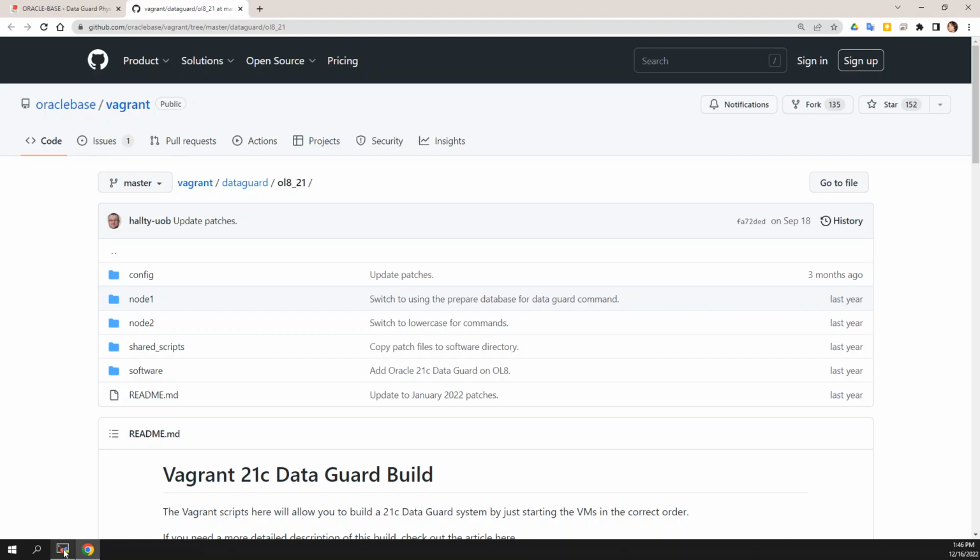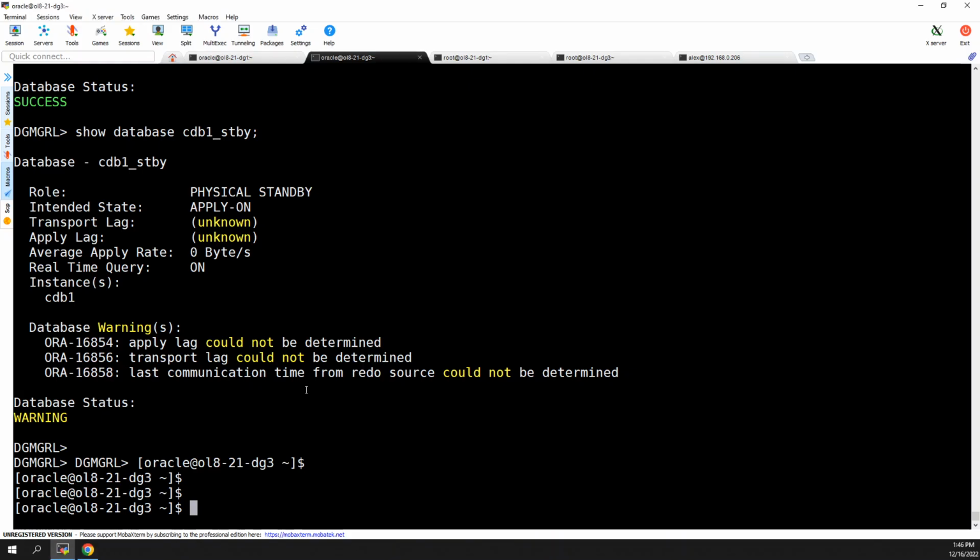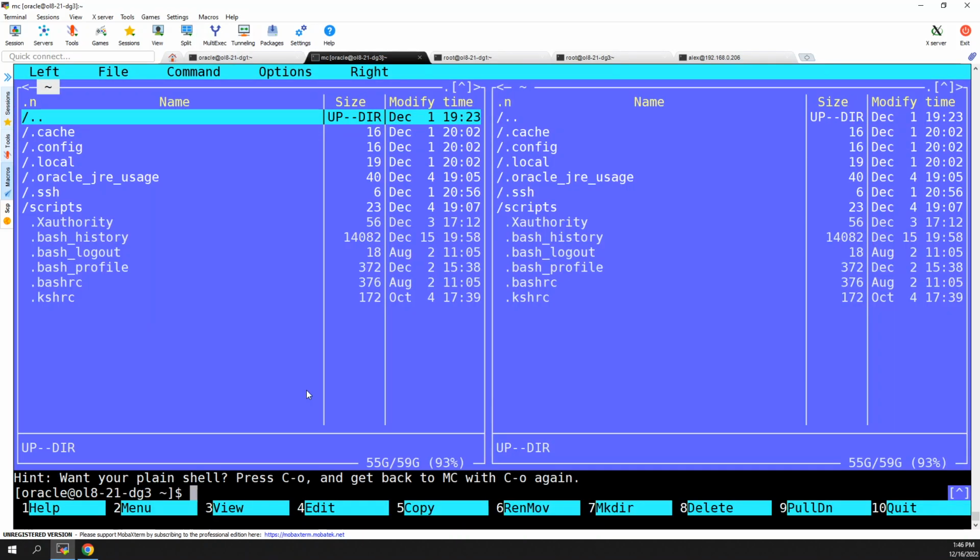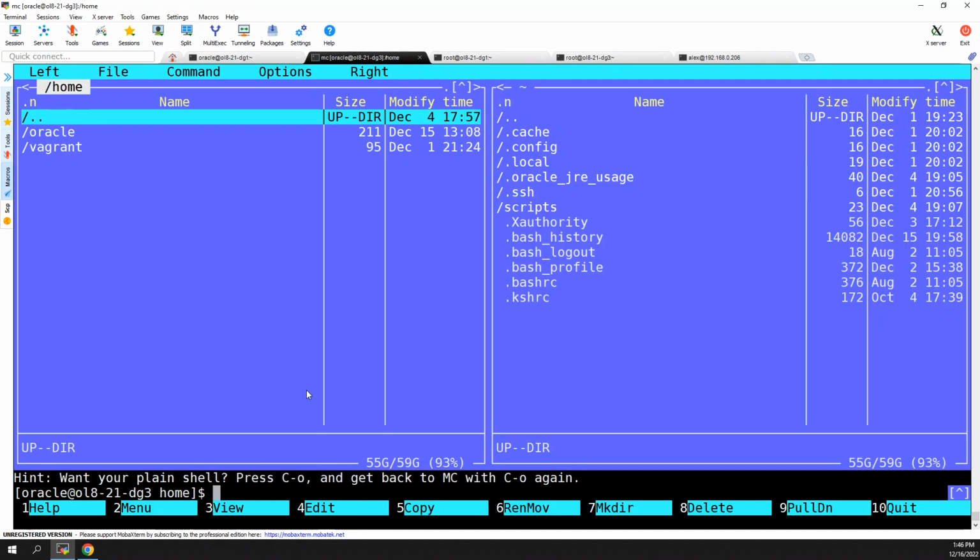But for cases like this, when the database is stopped and the virtual machines are restarted, in order to recreate only the settings for the Data Guard, I had to update those scripts,